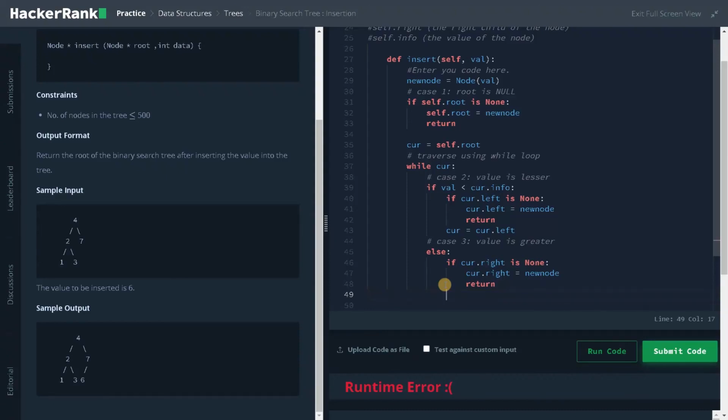If current.right is not null, we will traverse to the right subtree: current equals current.right. So for each iteration, it will traverse either to left or right based on the value given.